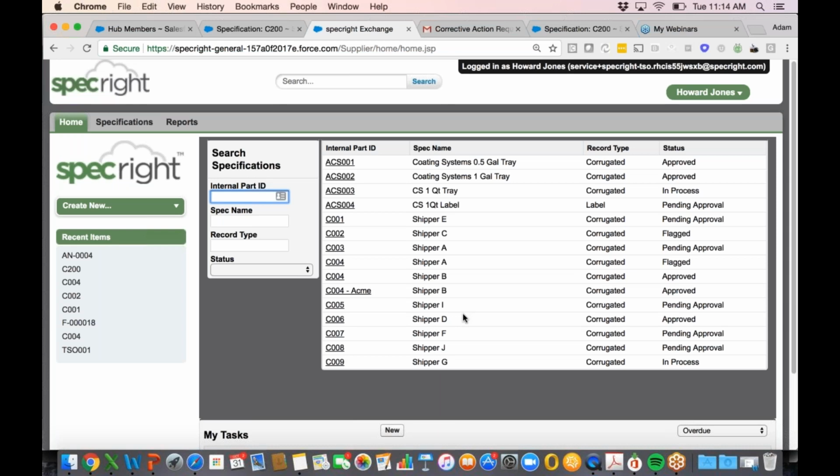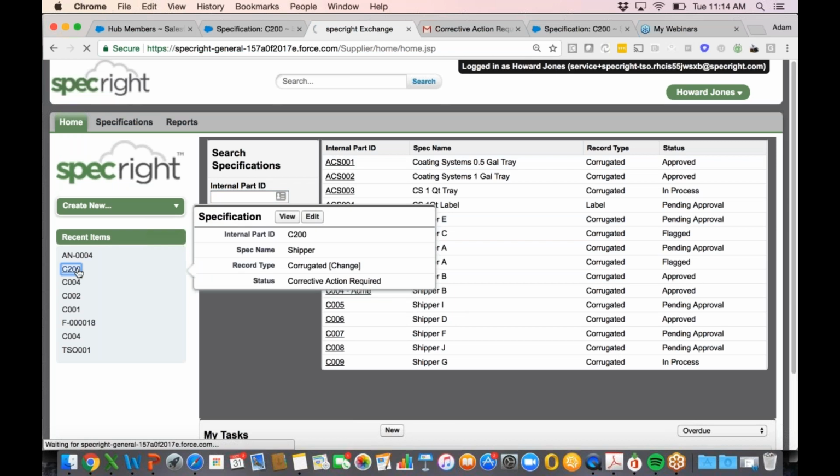You can choose which items and specifications they're able to see, what details they're able to edit, and redact anything you don't want from their view. So as you can see in this situation, there's only 3 tabs up top and a limited number of specifications they can search and view. So if I go into that C200